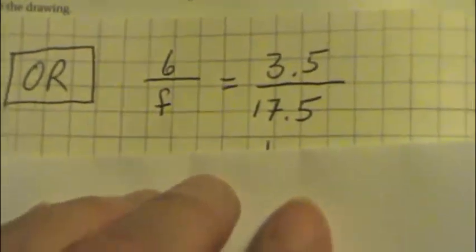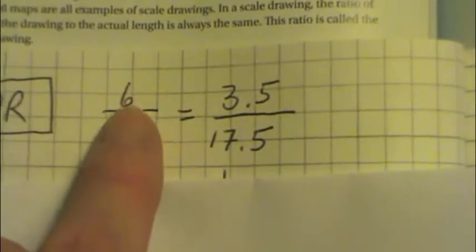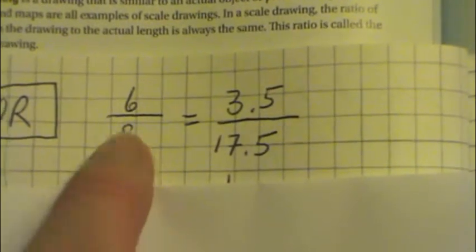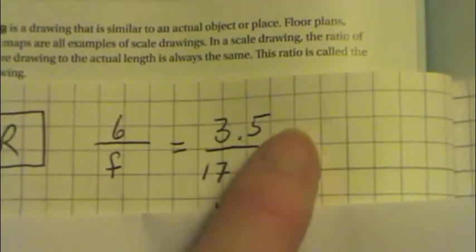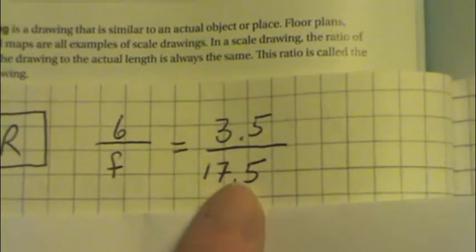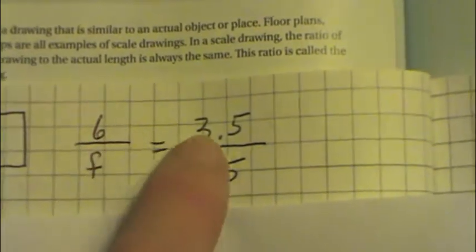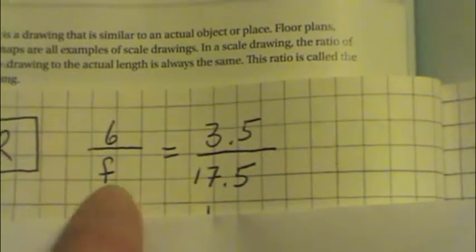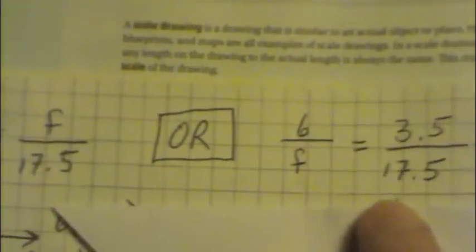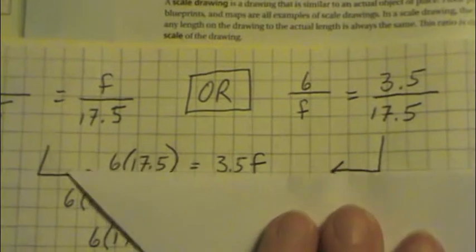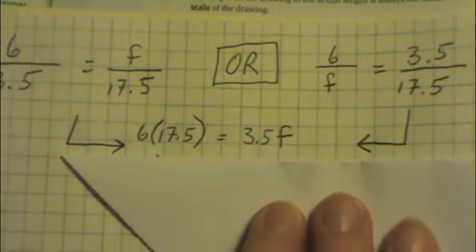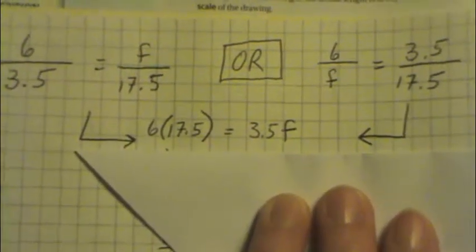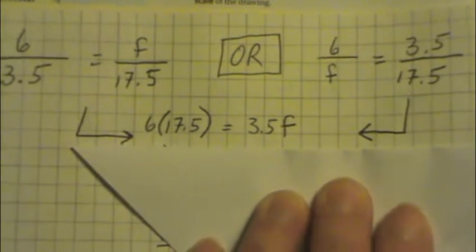Or you can also go the other way, which would be the actual height of the man and the actual height of the flagpole over the length of the shadow and the other length of the shadow. But notice, on the top, both the numbers for the man, and on the bottom, both the numbers for the flagpole. Either way you set that up, you end up with 6 times 17.5 equals 3.5 F,